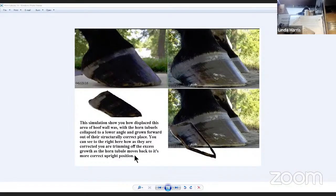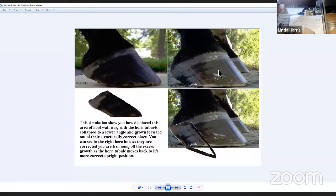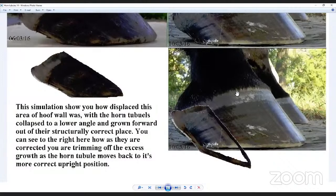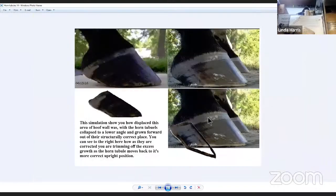Okay, so here's an example. Now I wish I could find a picture of this horse's feet. Are you seeing that? Yes. You see how his heels were long and forward, but you see how everything came back. It shows you how much of the hoof wall was trimmed off as it all moved back right here. See that? That doesn't matter if it's up here, because he had that up there too. But at that time I was focused on